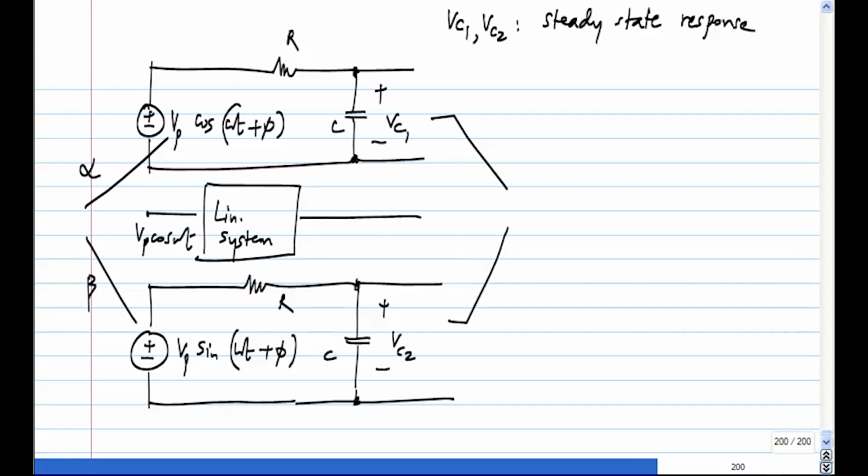So the interesting thing is now, let's say this is 1 and this is j. I will take Vp cos(omega t plus phi) plus j times Vp sin(omega t plus phi). This is all in your head, so don't worry about how we get j times Vp as the voltage. What is the actual input that you are applying? This is equivalent to applying an input of Vp exponential j(omega t plus phi), and the response to that is